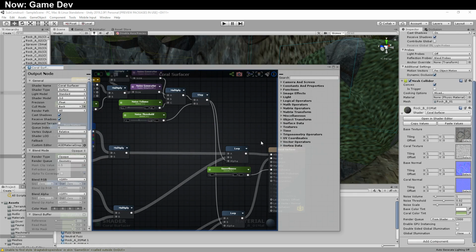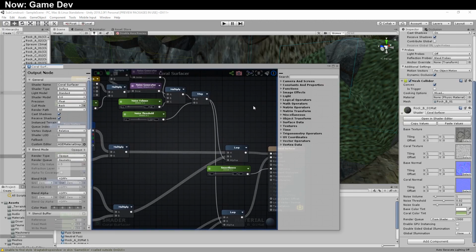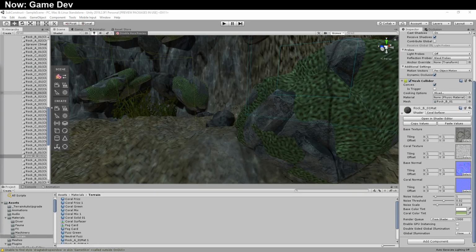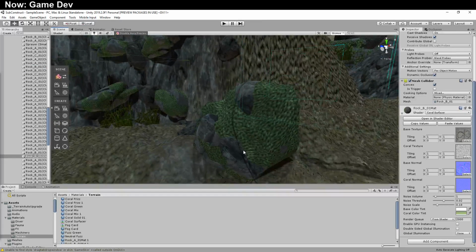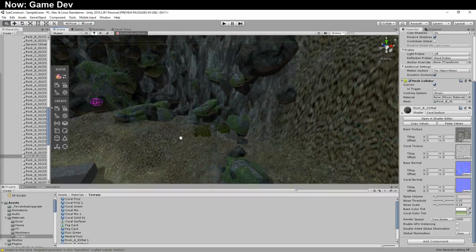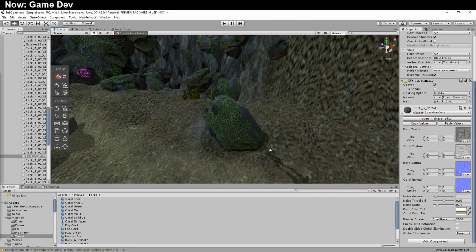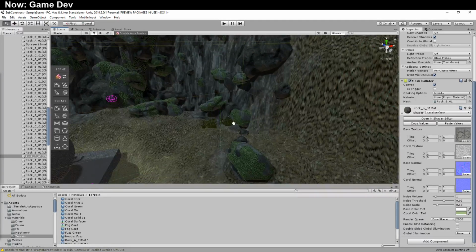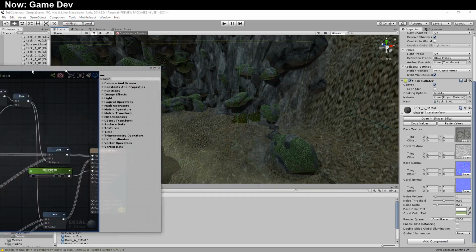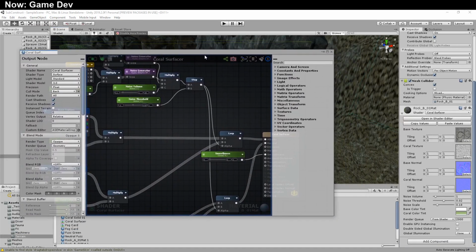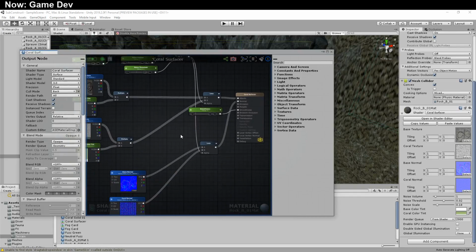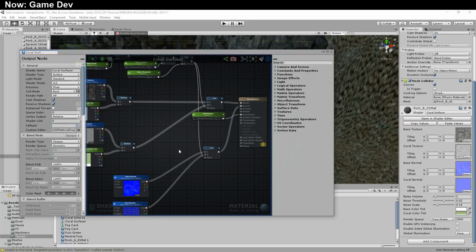This is a terrain? No, it's not. It was sort of. It's objects in a terrain that I need to have coral on them. So I'm using the world coordinates to add coral to objects, which is useful because if I have different objects that are near each other, the world coordinates will continue to move across them and we won't have weird gaps. But the problem is that I can't seem to figure out how to make this have that height map trick, where you have a height map and, well, here,